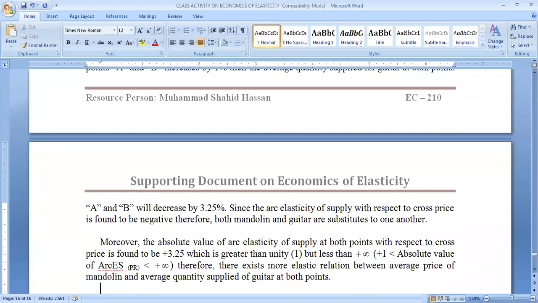Up till here, we have answered all the 10 questions, and the one last component related to elasticity is left, which is relating the concept of elasticity with total revenue. We would come to know that if a product is less elastic, what strategy must be adopted or followed by a firm to increase its revenue, while if a product is more elastic, then what must be the strategy of a firm to increase its revenue, whether to cut down the price or to raise the level of prices, right? So this is the final component which we are left with. Let me move towards opening up an